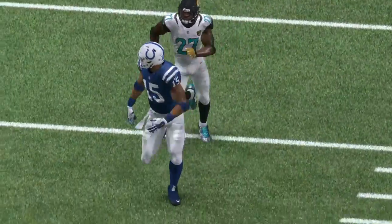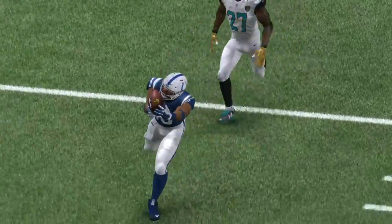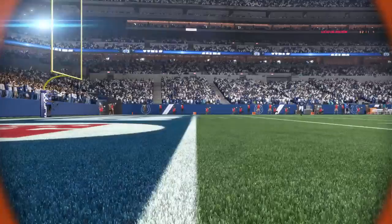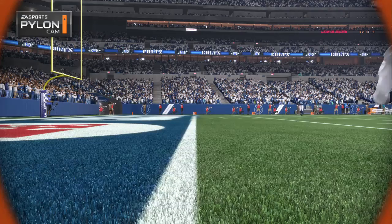And they just ran the fly route there, didn't they? You broke it down perfectly. He ends up catching that one and taking it all the way into the end zone. Well, thanks. It was pretty simple to break down, though. I mean, that's just a guy running on the go route, making a...